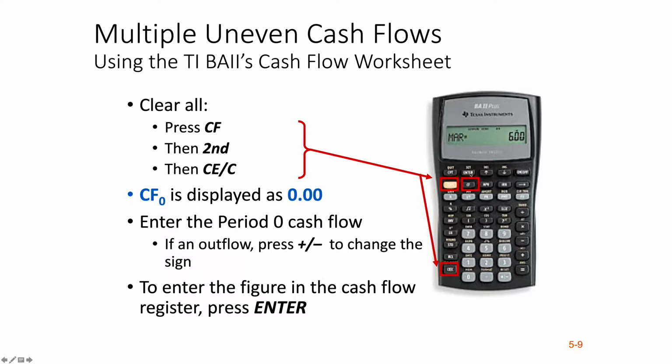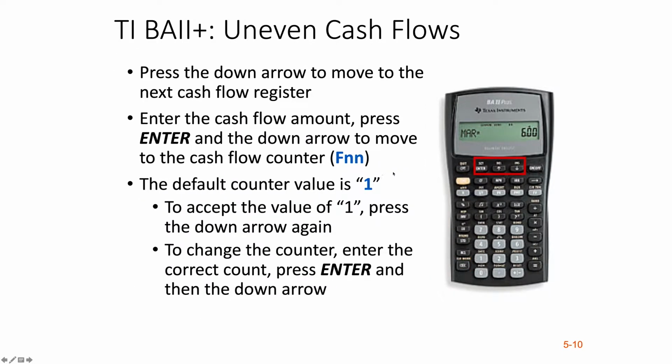After registration, you have to use the arrow key, the second from the right, going down. When you punch the arrow key downwards, it shows you from CF0 to CF1. That means the first cash flow, what the number is. After you enter that, you punch the enter key, then use the arrow key downwards, and it asks you